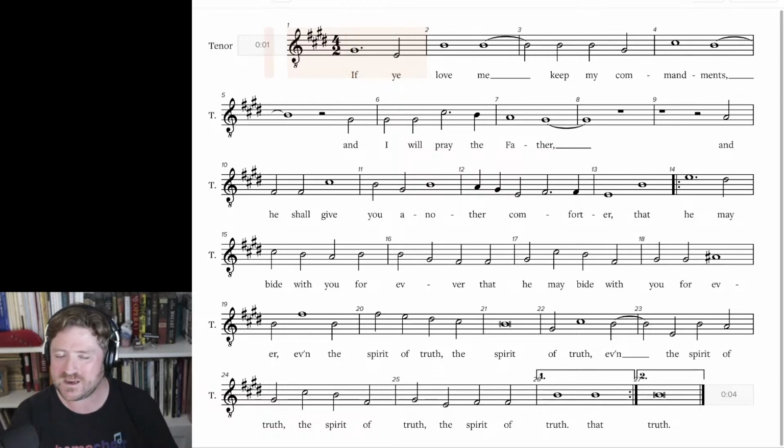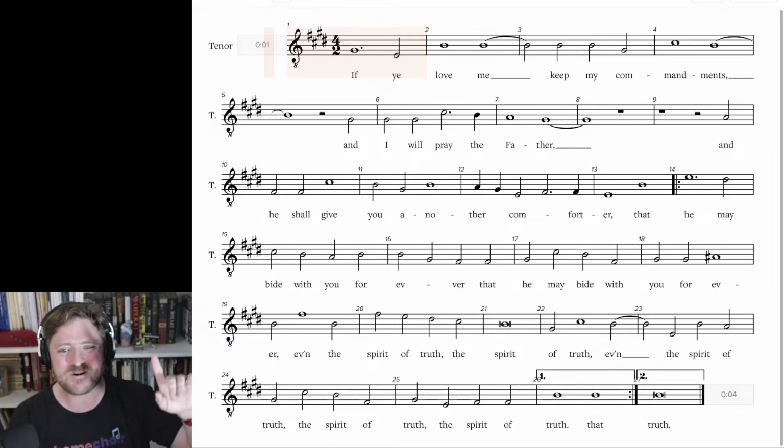Only to the end of the first repeat, though. We're waiting. It'll be about another 5 minutes or so before we can sing it all the way through. So, tenors here, and do enjoy singing this one. From the top, nice deep breath, and